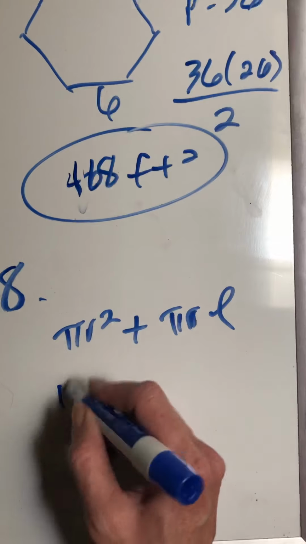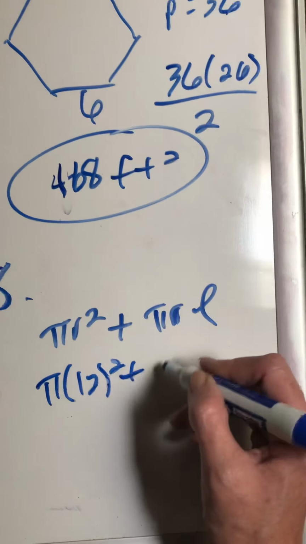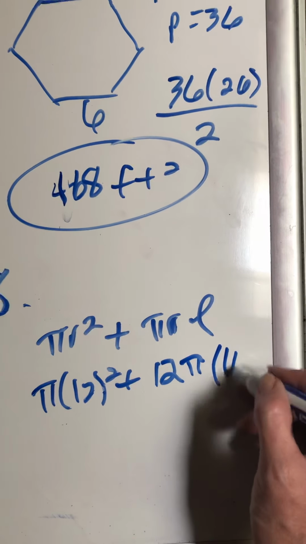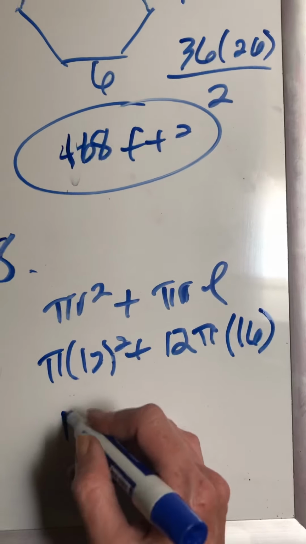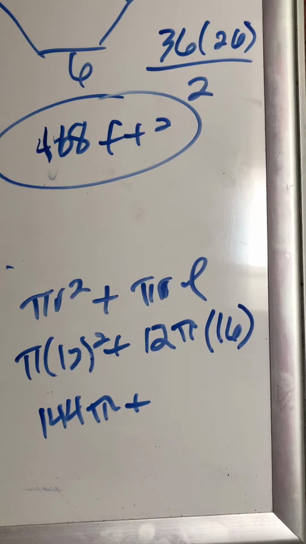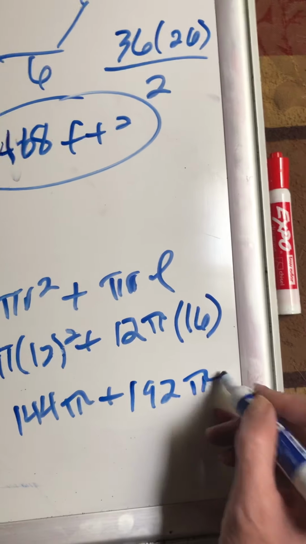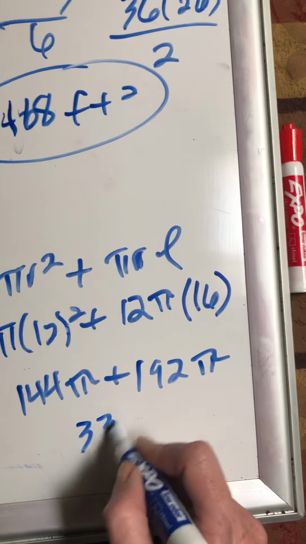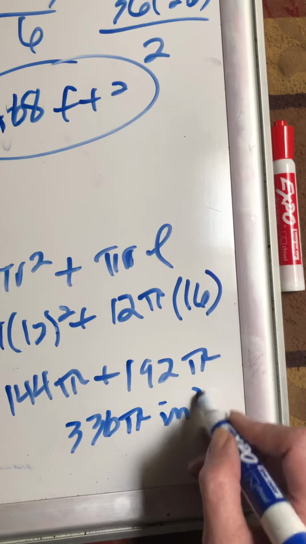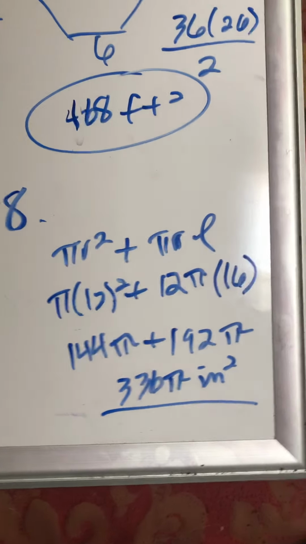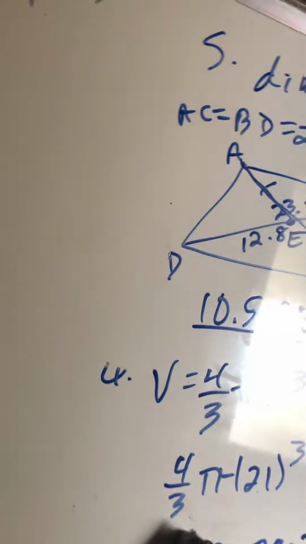I have the radius, so pi times 12 squared plus 12 times pi times my slant height, which they tell me is 16. So I have 144 pi, and then 12 times 16 is 192 pi, and then I add that 192 plus 144 gives me 336 pi, because we have to put it in terms of pi. So make sure you put it in terms of pi. So that's number 8. Number 9, you're just looking at deciding